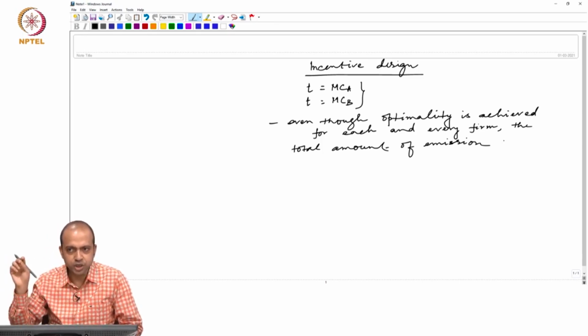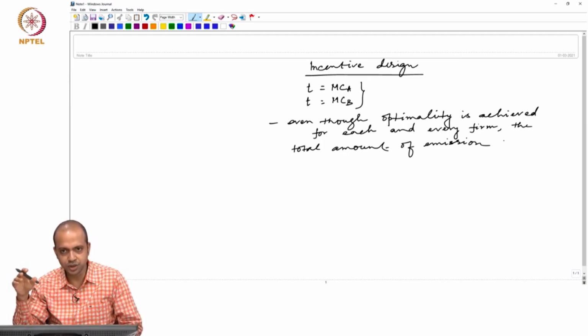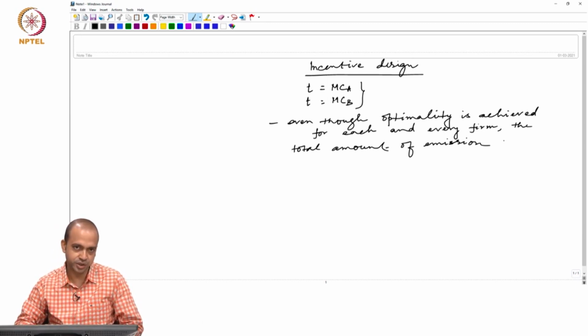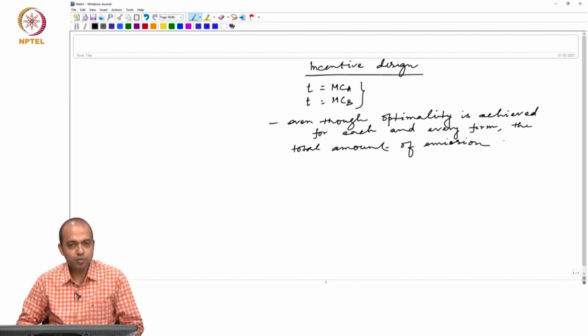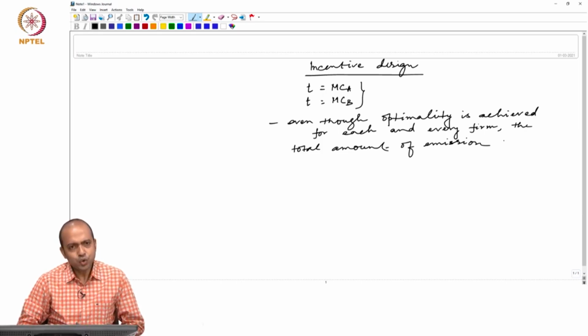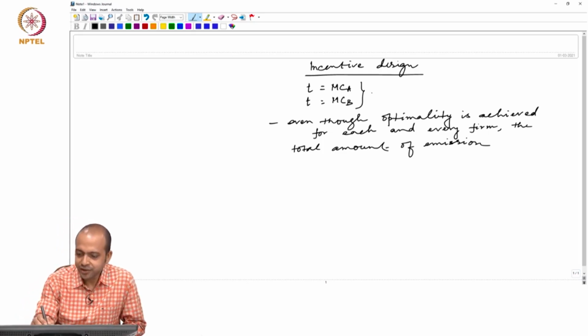So, when all the firms in an economy exercise this type of activity, ultimately how much pollution would be generated is actually unknown to the policymaker, because the policymaker is not fully aware of the marginal cost of abatement. It may so happen, let us say, a particular tax rate generates